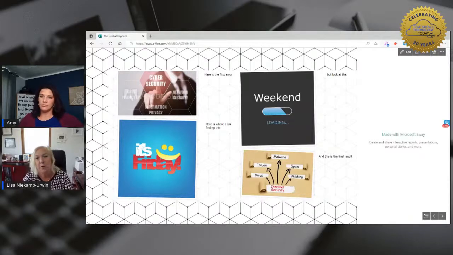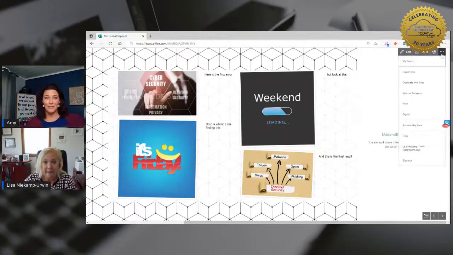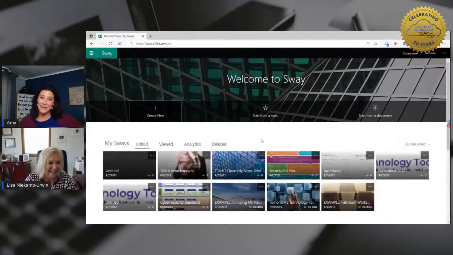Hopefully they'll get to the point where you can just paste in, but it's always evolving. So the good news is we can send that tip into them and ask them for that. And likely it's already in the works, but they do like to continually update these products. Yeah, so those are some of the cool ways that